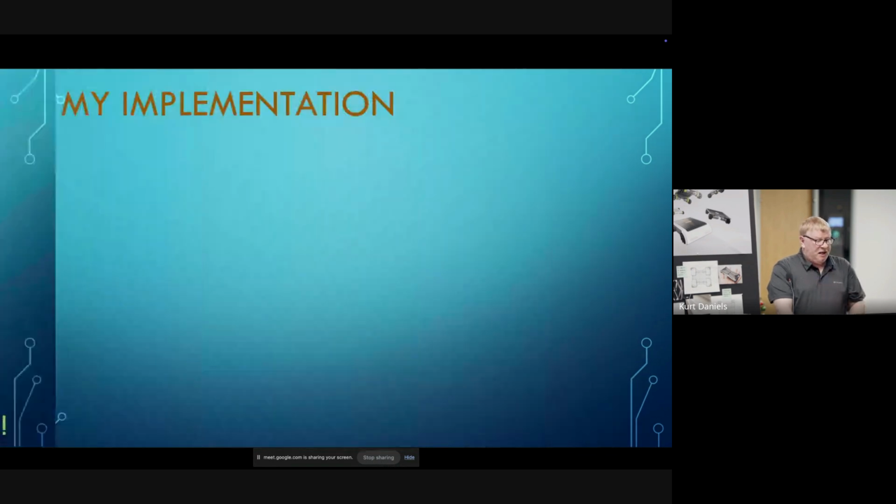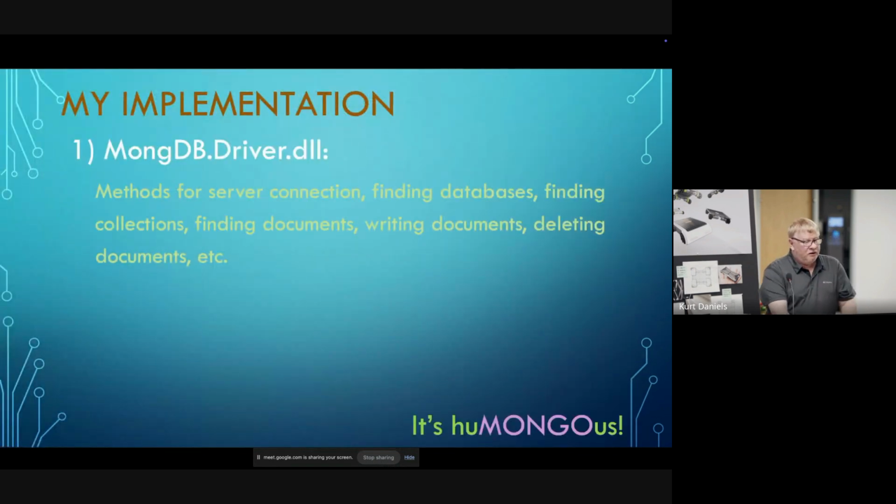So like I mentioned, there are two DLLs. There are tons of methods in these DLLs, and I only touched on a fraction of them. Somebody who has the time and energy could really dig in there and really open this up to LabVIEW. The MongoDB driver is responsible for connecting to the server and scanning for different records, uploading records, deleting them, and